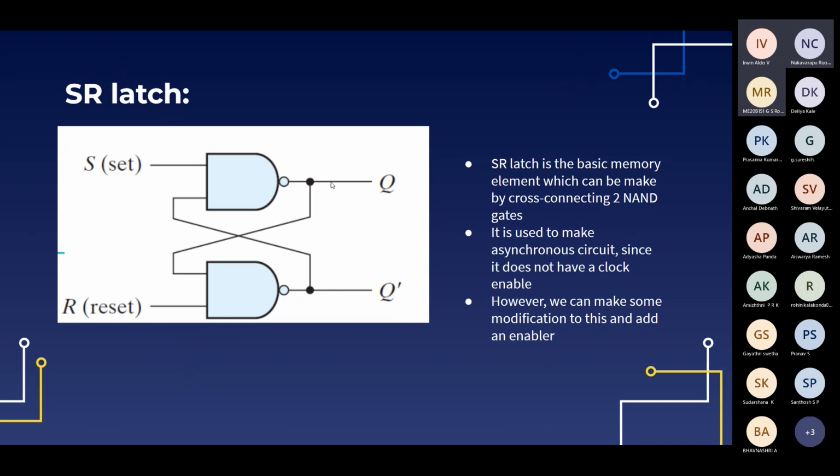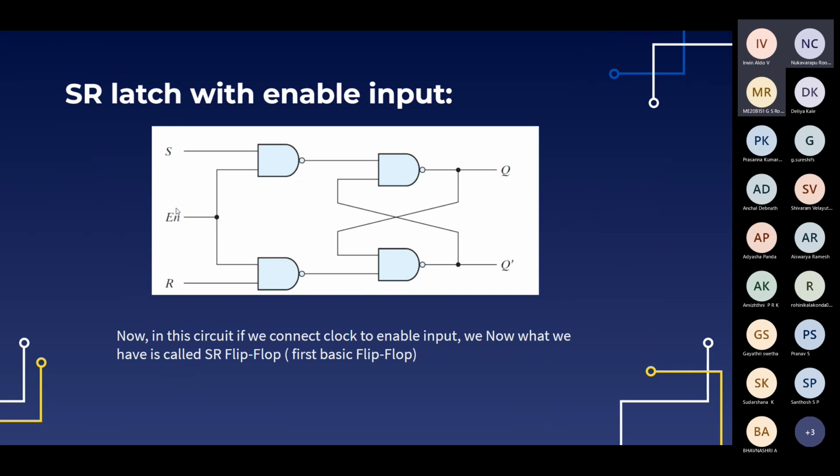So it's mainly used in asynchronous circuits, but we can do some modification and add an enabler like this. Now, if we replace this enable EN with our clock signal, then we have successfully built an SR flip-flop. Before going to see what a flip-flop is, we are going